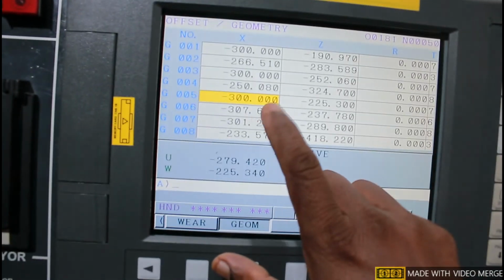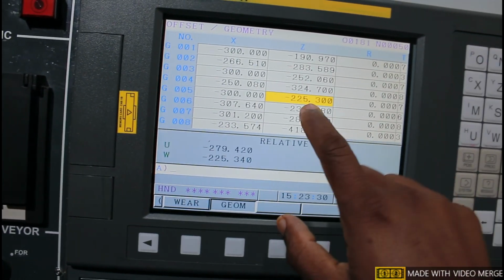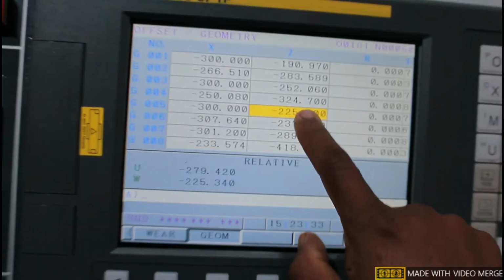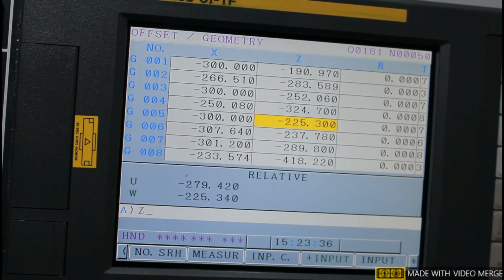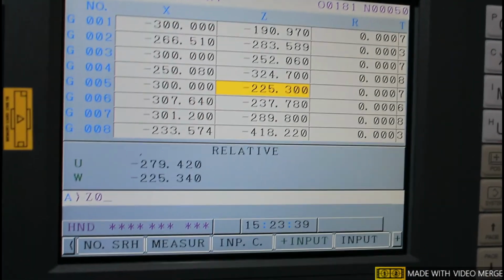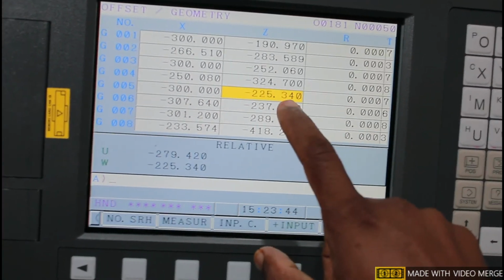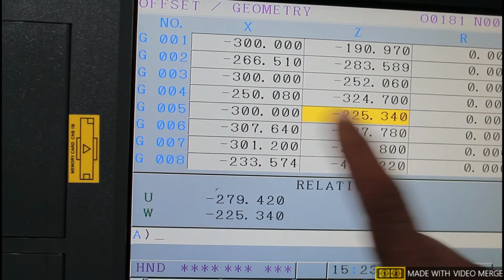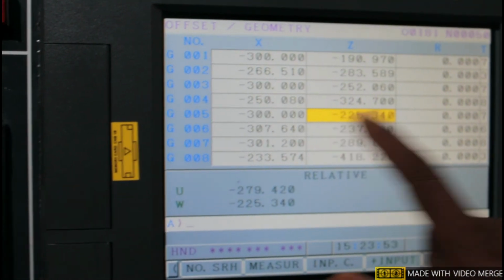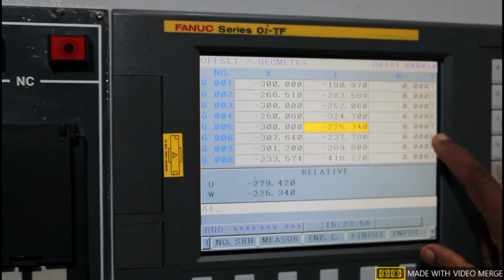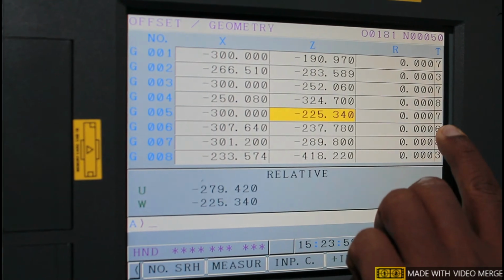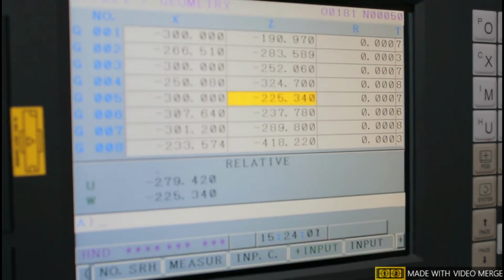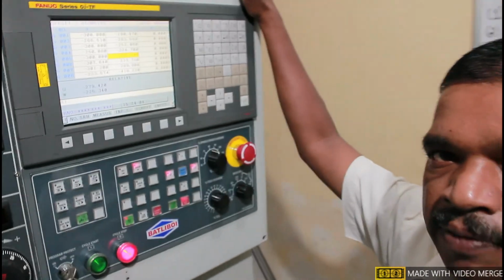So now, see here. The cursor is at X position. Now we have to move on the Z-axis box. So here I have to type Z0 and then measure. Okay. Now the offset taking procedure for Z-axis is also over. So after making X and Z-axis values inputted, we have to change this also. This must be 7. Okay. So this is the procedure for taking the offset for our drill bits.